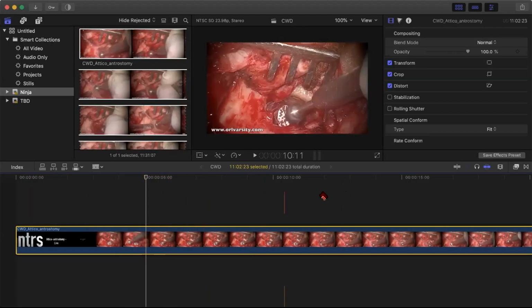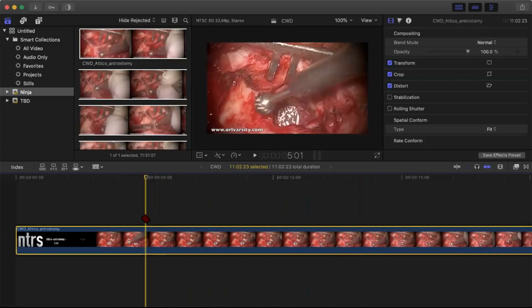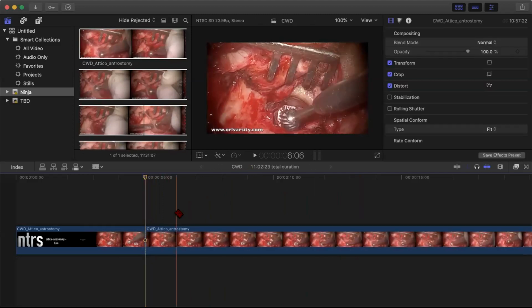So wherever you take the blade, there is a red line appearing. That is the exact place where you want to cut it. So I want to keep it over the cursor here. I cut it here. I cut it. Okay, now what has happened?